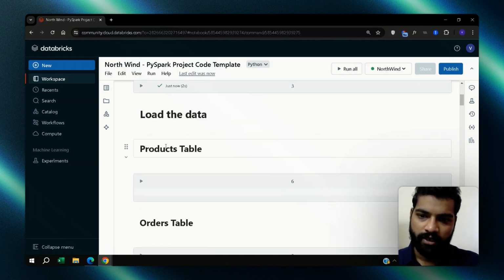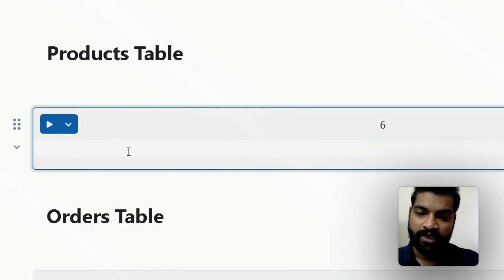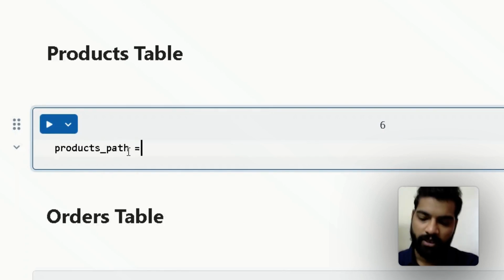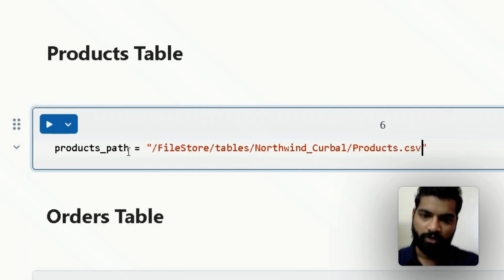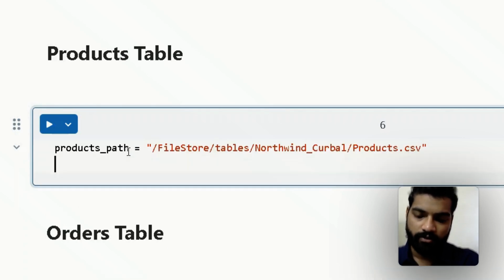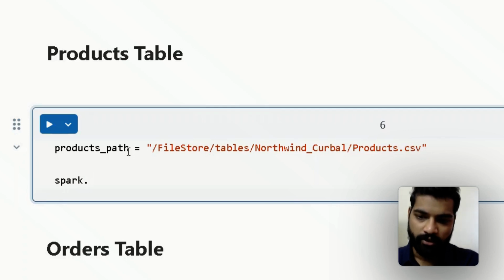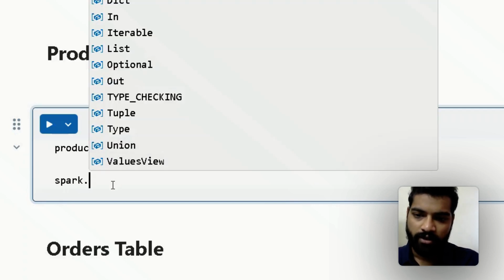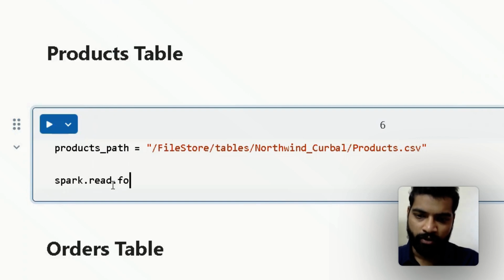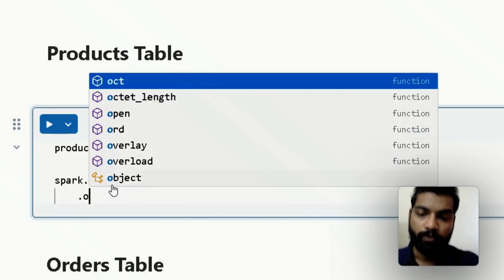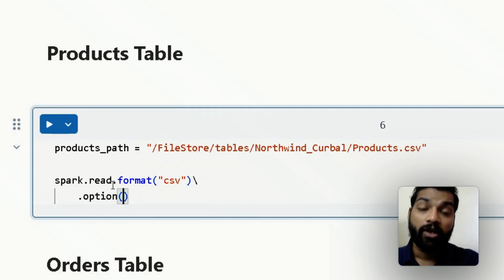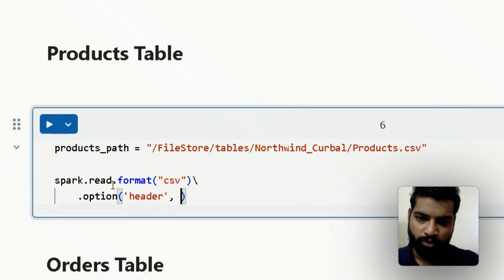Control C, and then here let me save this in a variable, products path equal to control V. Then let's load the data. Let's read the data. Spark.read.format CSV. This is a CSV file, and then dot option. The first column contains the column names, so let's say header is true,